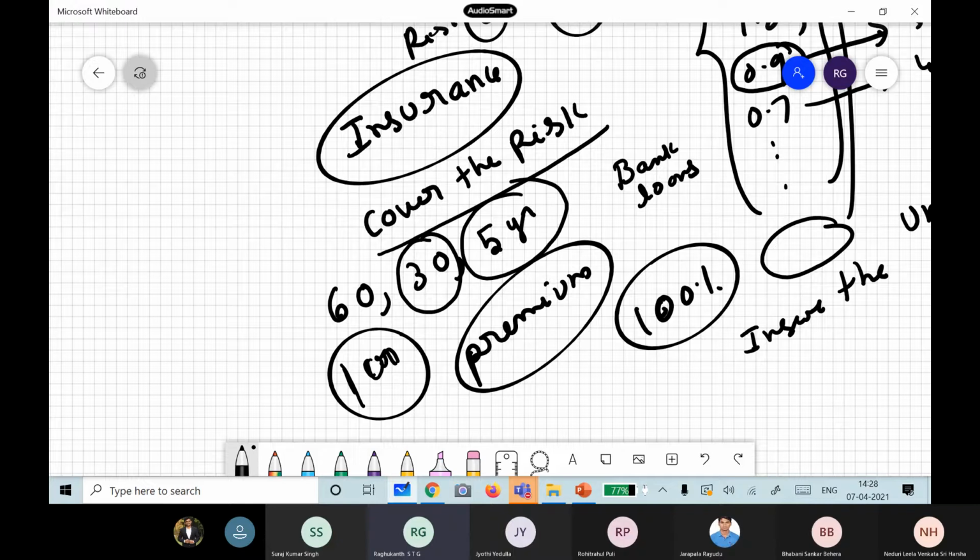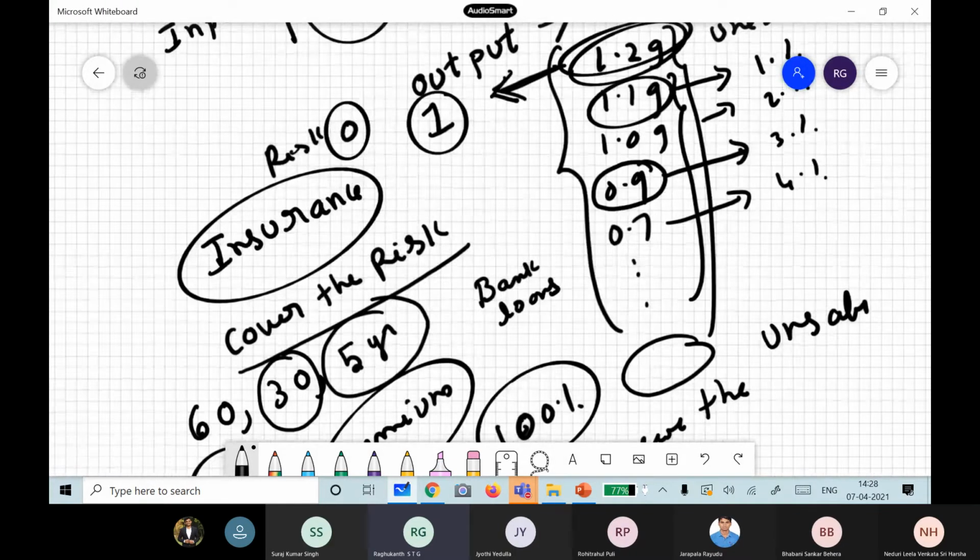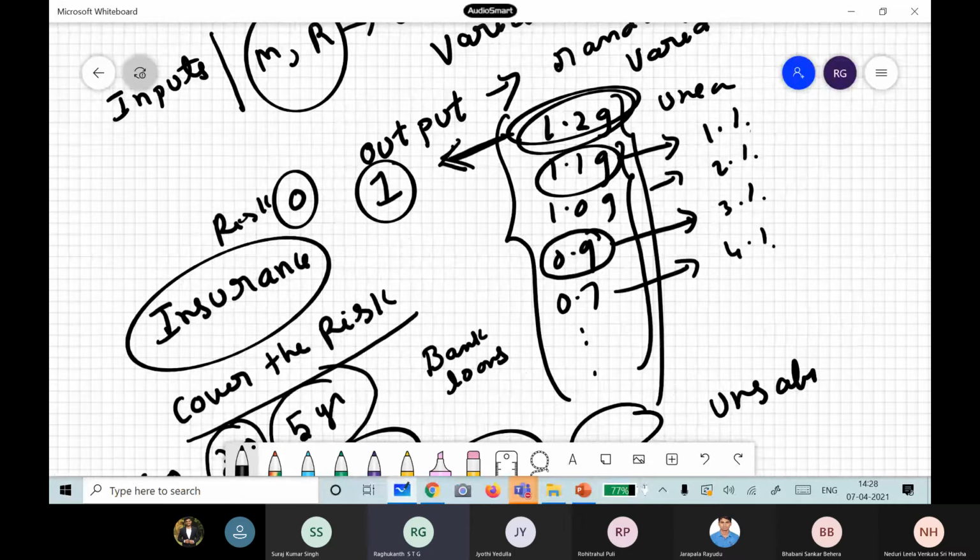So the concept of design nowadays has changed. The concept of design is: don't design for the highest value, don't design for the lowest value, you take any value in between. You can choose any value you like, but if you take any value less than the highest value, definitely you are taking some amount of risk. So what you do is cover the risk with insurance. This is the concept.